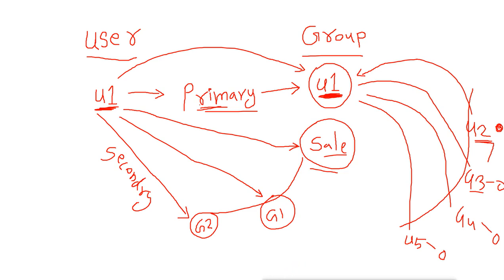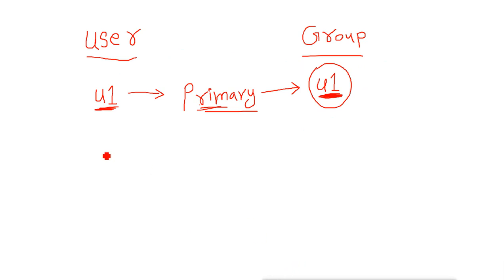Then one more thing. When we create any user account, they will get a unique ID, which is called UID, user ID. And when we create a group, whether we are creating it with the user or creating it separately, it will get a unique ID, which is called GID. It is a unique number. Now why is this number there? This number is there for our system.